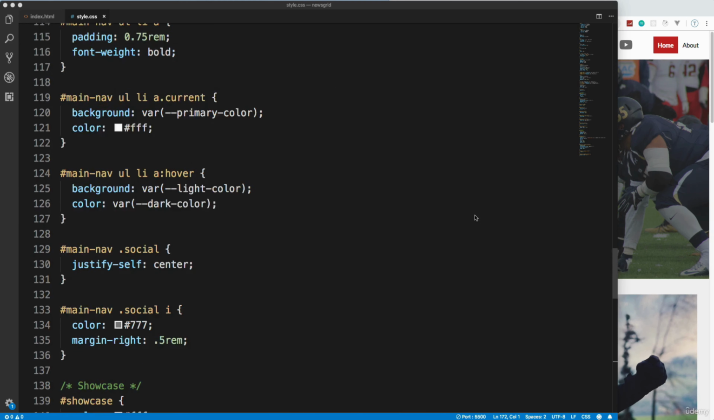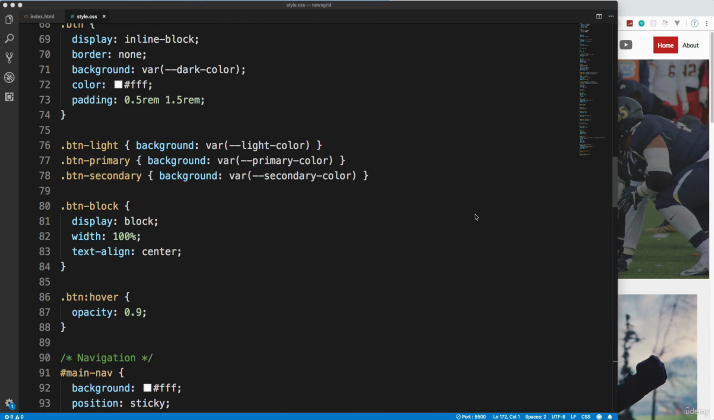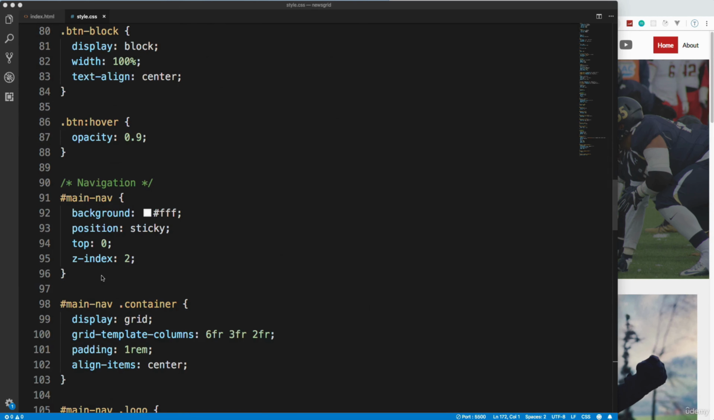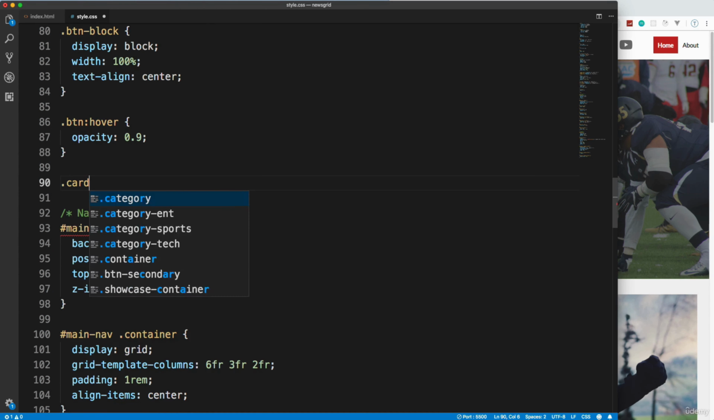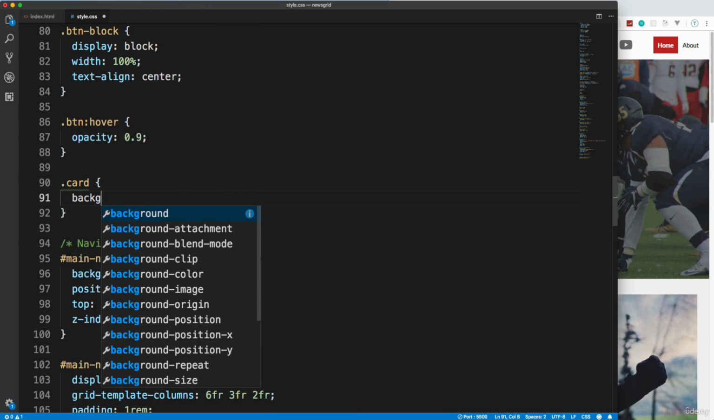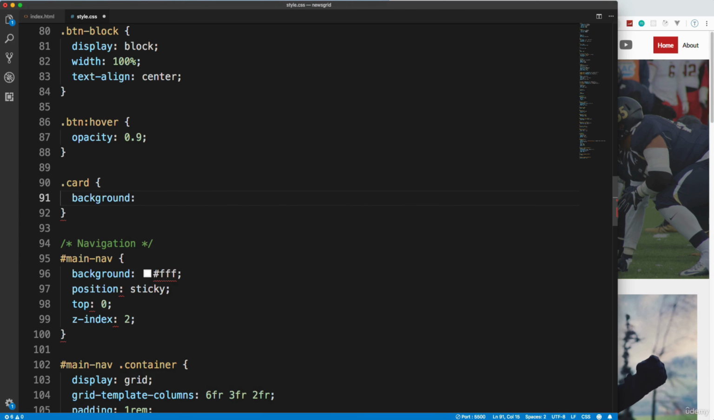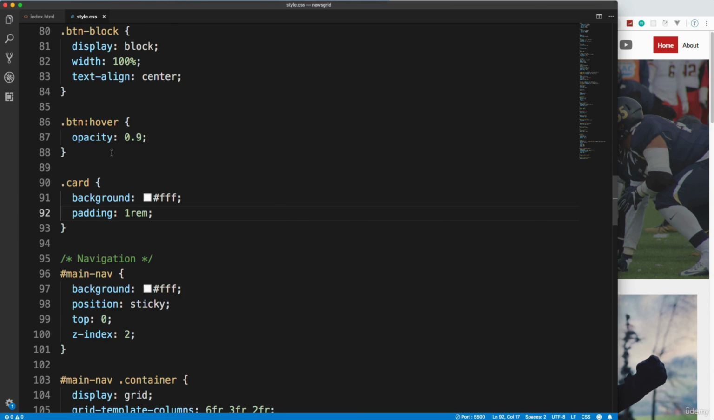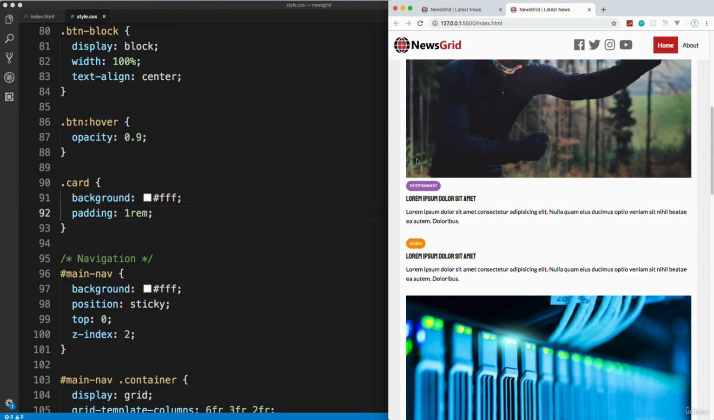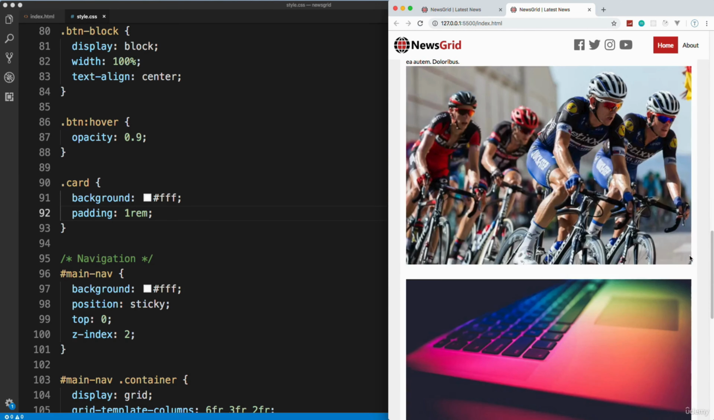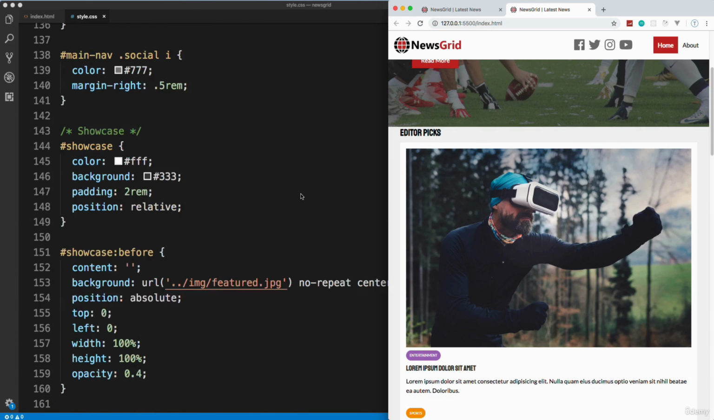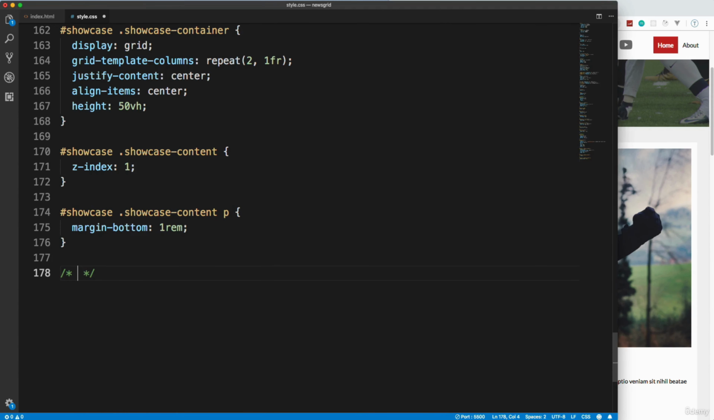Actually, first thing I'm going to do is add the utility classes, like the card class. So let's see, we'll go right below the buttons and say card. I'm going to give this a background of white, and let's do a padding of 1 rem. So if we save that, now you can see that each one of these articles, they're all wrapped in the white container or white card. So I think, yeah, we'll leave that for now, and then we'll go back down and let's style our home